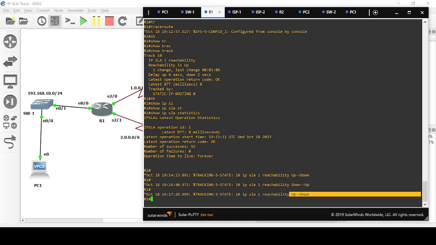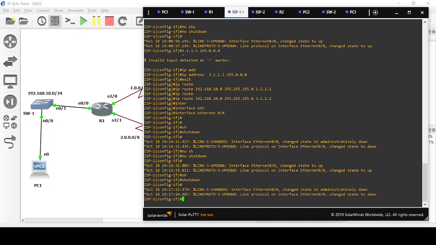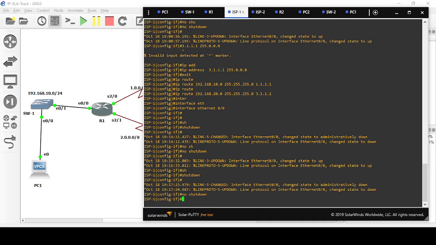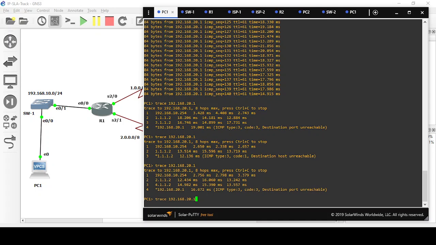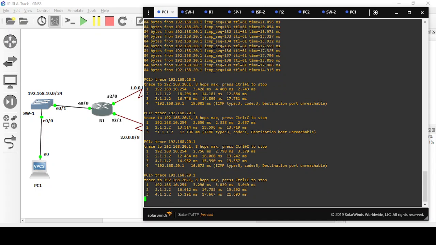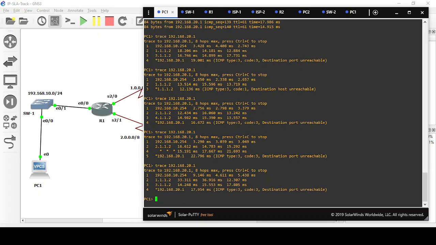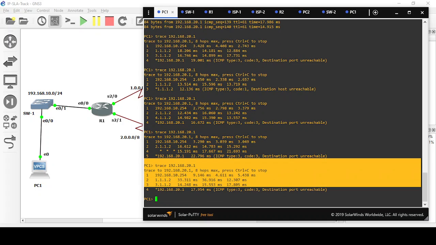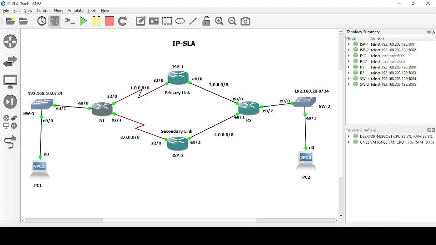From up to down, similarly on R2, track is in down state. As we restore our link, it will again be here. You can see. So friend, this is how you can configure IPSLA